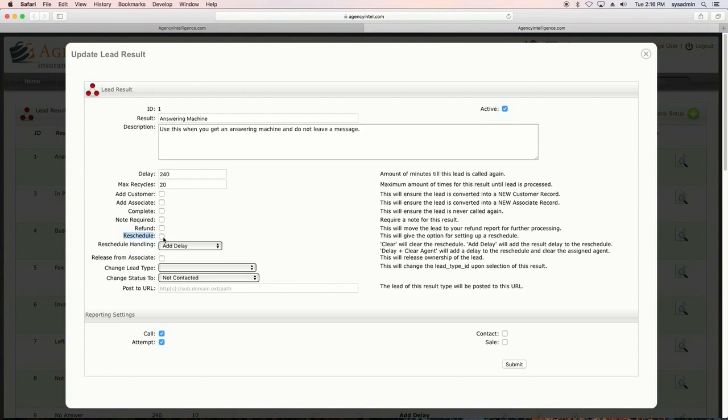Reschedule: does the date picker pop up when you select this disposition, to force them to pick a date and a time to reschedule this lead to? The reschedule handling: once a lead is set to a reschedule, it will be stamped with the rescheduled date time and then delayed based upon the other results. If an employee assigns that reschedule to themselves, they cannot be accessed by the general pool unless someone administratively removes